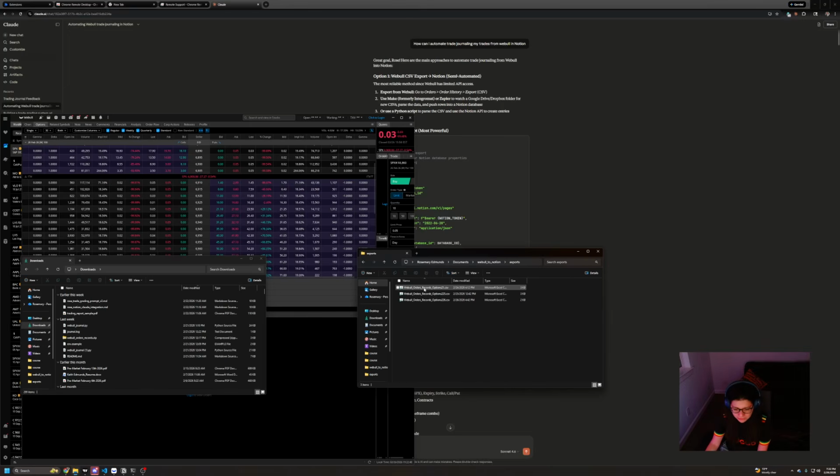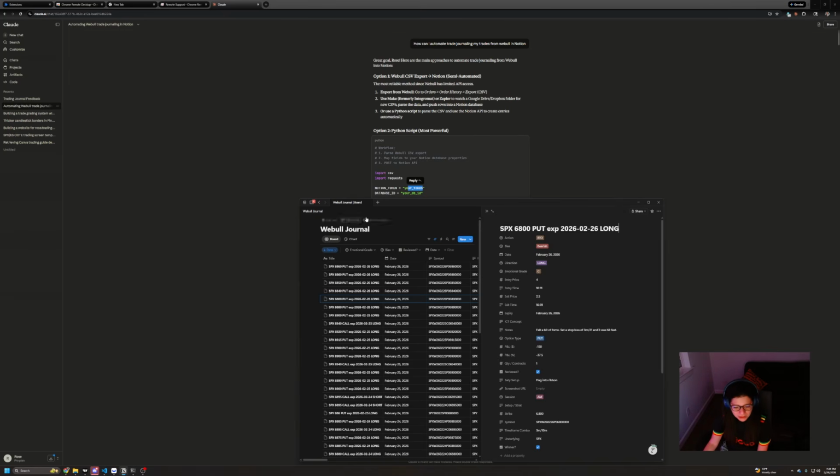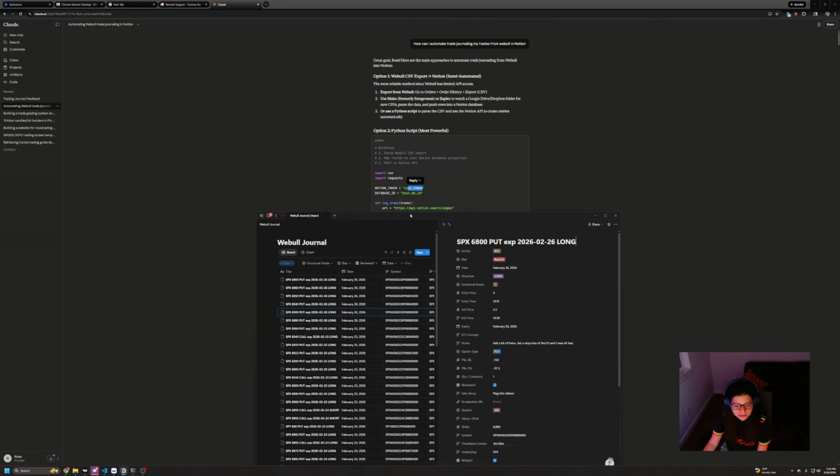You'll get a file with your Webull orders, and you move it from your downloads to whatever folder Claude tells you to. Mine is called exports. So basically, I give it my Notion token, and I also connect it to my Notion Webull journal here. And so what happens is